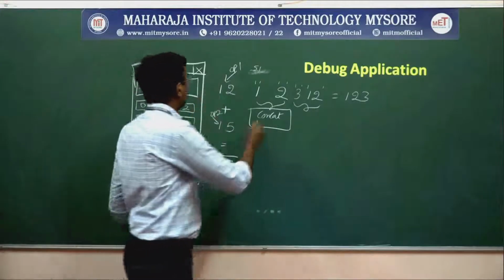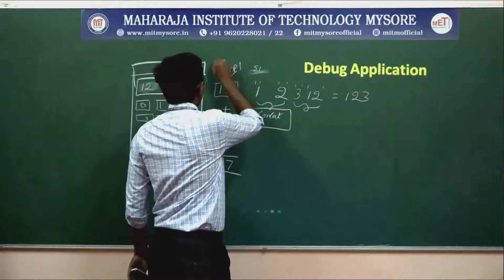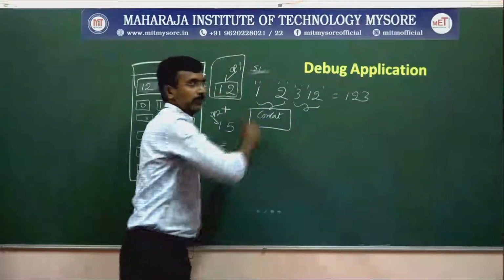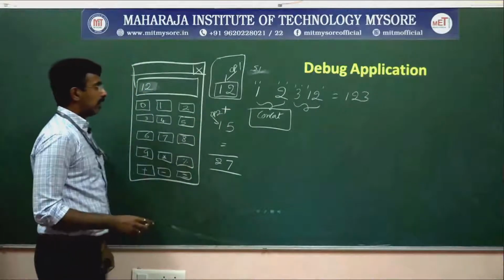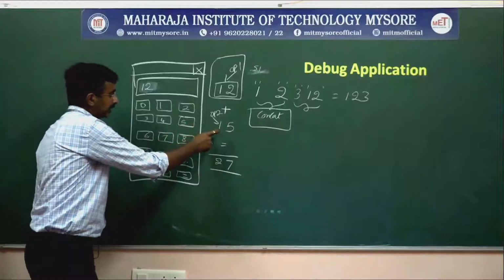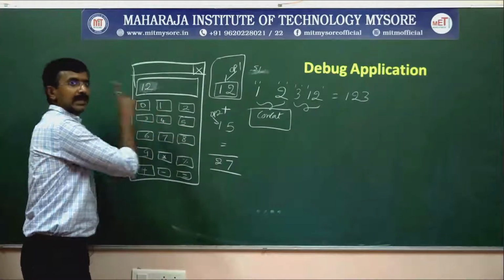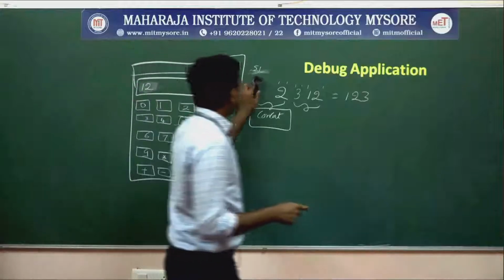Automatically operand 1 will have 12. Now you have clicked plus. After clicking plus, you are selecting 1. 1 is selected. Now it should be added with,